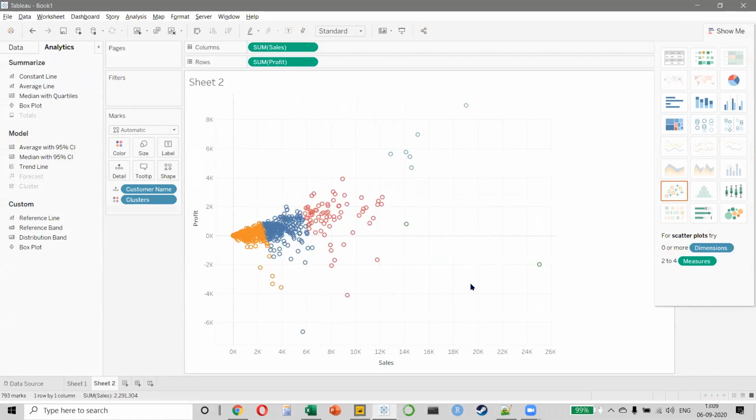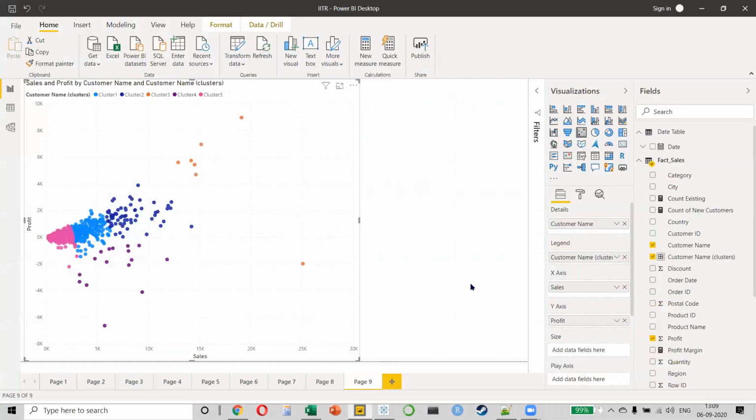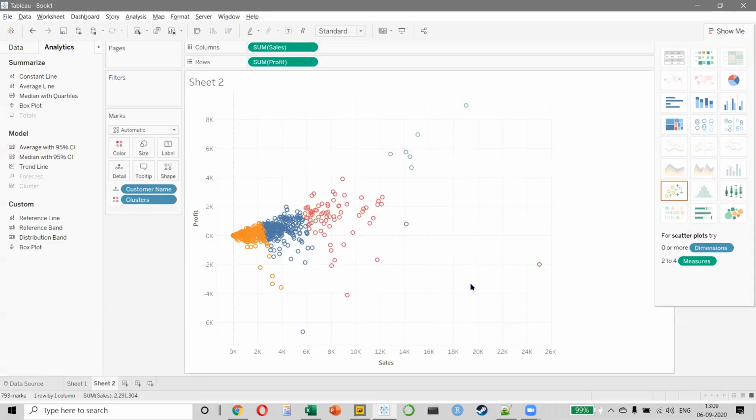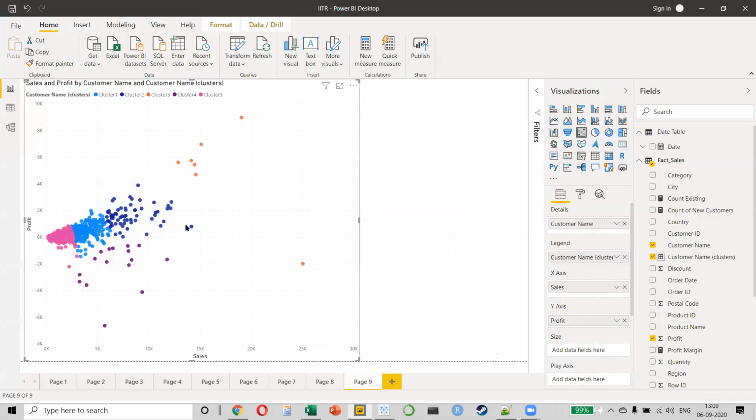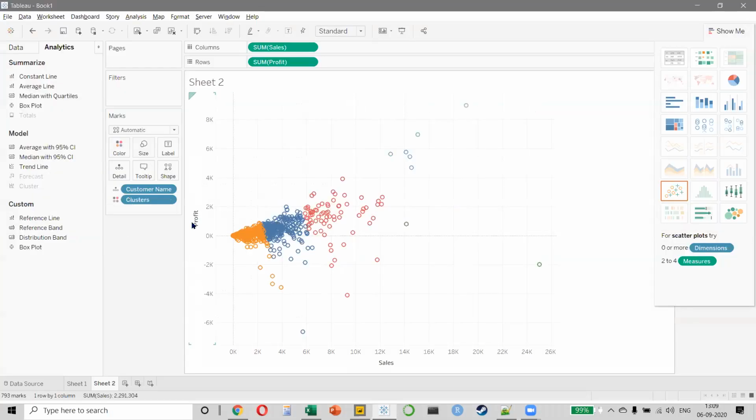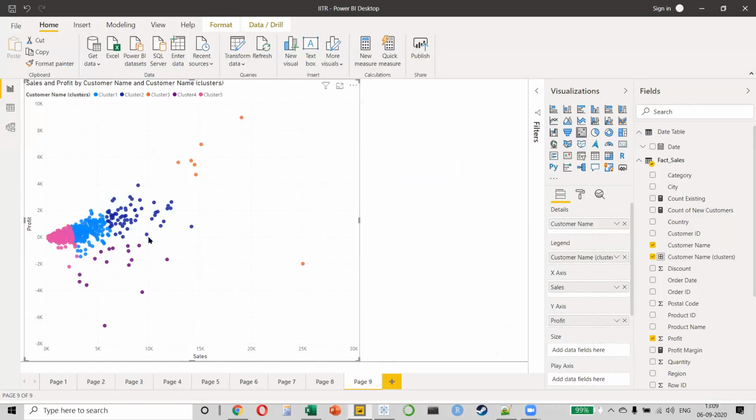If you notice carefully, this result and this result will be exactly the same, right? But not 100%. If you notice, it looks very much like the same one, but do you see this one, everyone? This is this part. Ken is coming where? It is coming in cluster 2. But if you look here, Ken is actually coming in cluster 5, right? Ken is actually coming with this part, the last one. But here, if you look at this, notice Ken is coming in this part.